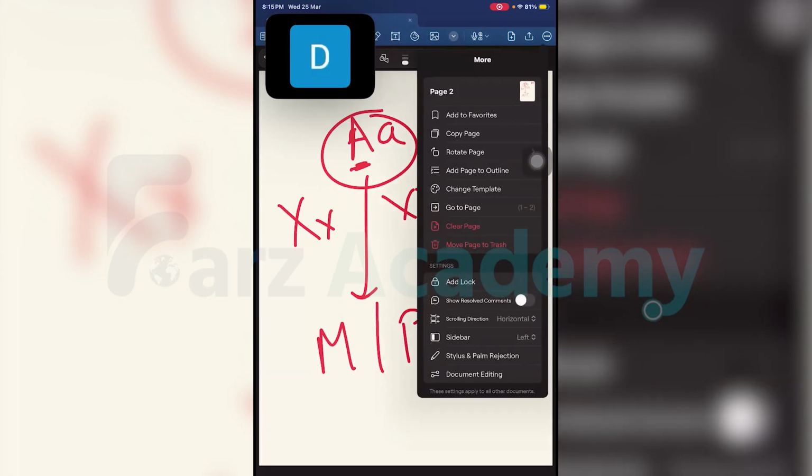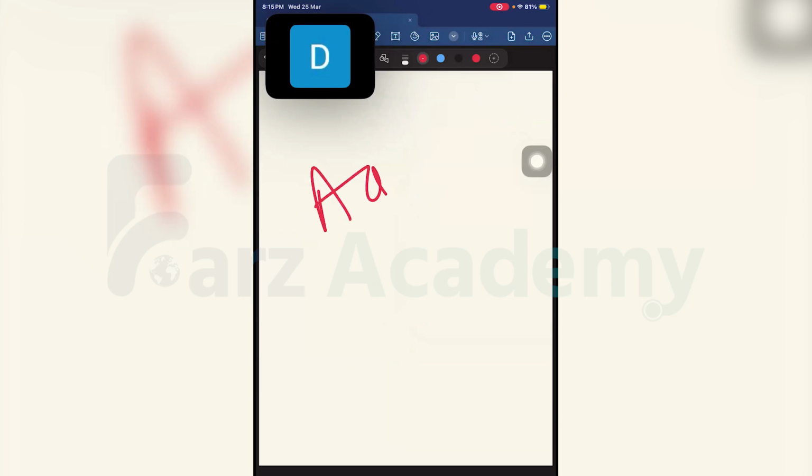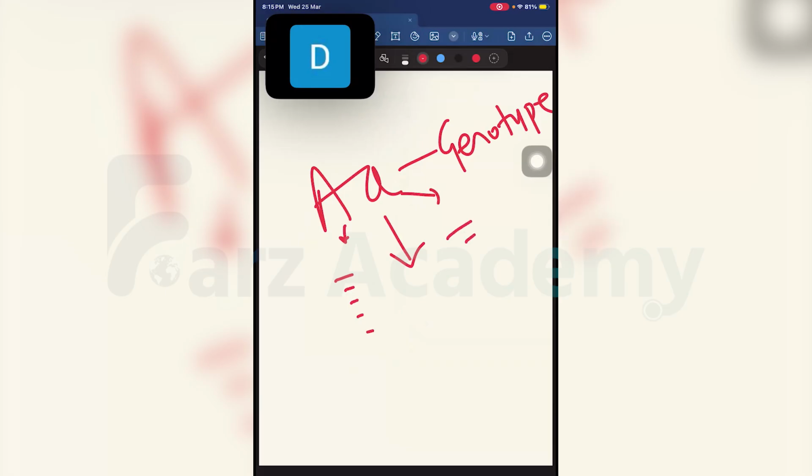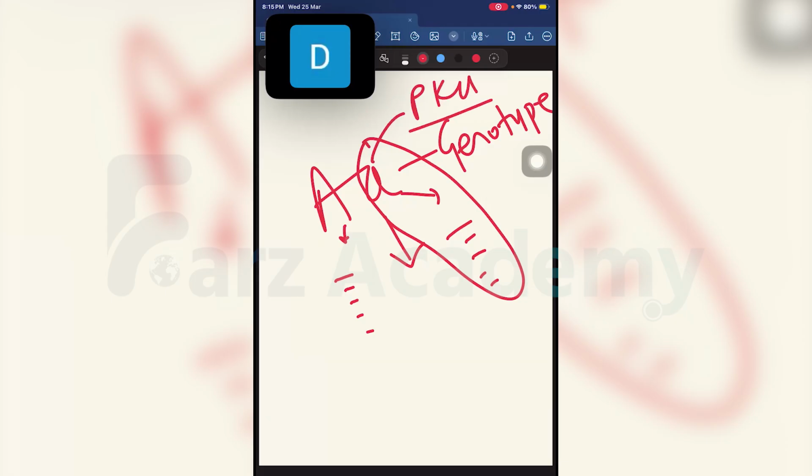Now, when I get an abnormal gene here, each gene, which is responsible for your genotype, will express some features. Suppose this is normal, it will express features A, B, C, D. This is abnormal, it will express some features. Now, when it is not able to express these symptoms or signs, for example, suppose this is a phenylketonuria gene, or this is hereditary spherocytosis, which is a dominant condition gene, but it's not giving me any signs and symptoms responsible for the phenotype of the condition.